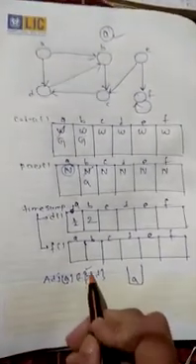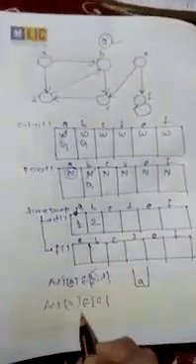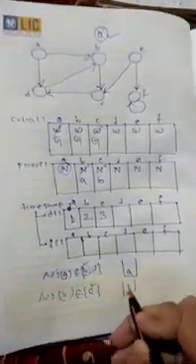Next, consider the adjacent of B. What is the adjacent of B? Only C. By B, we have discovered C. The color of C changes to gray. What is the predecessor of C? It is B. What is the timestamp of C? It is 3. Then, as by B I am exploring a new vertex, in the stack I am inserting A and B.